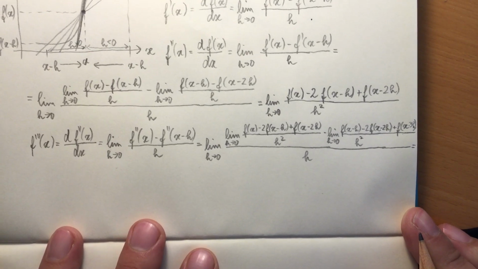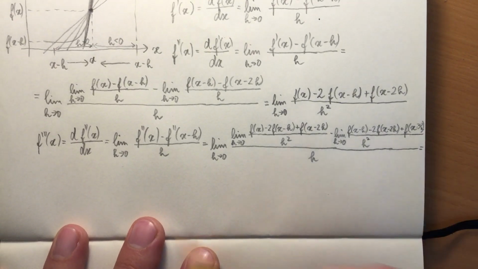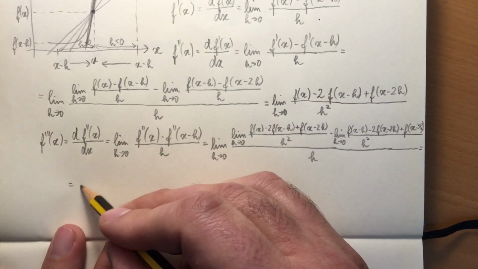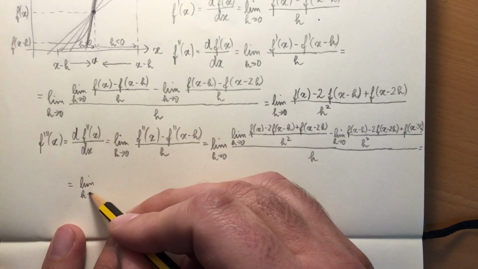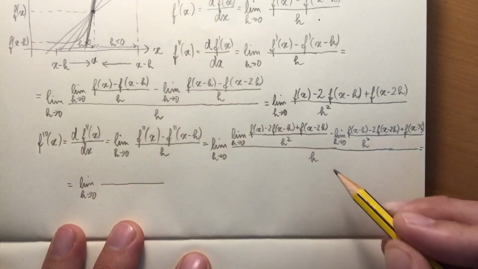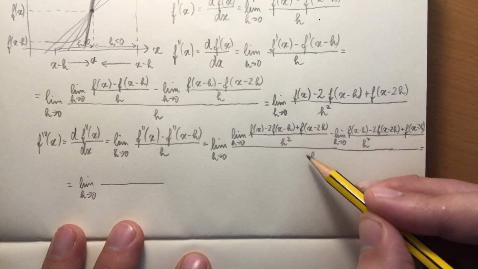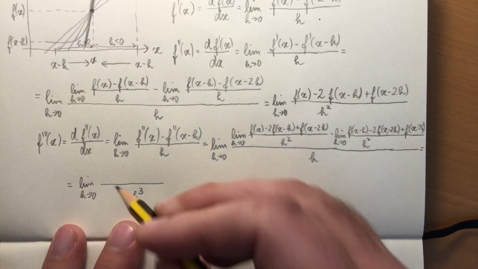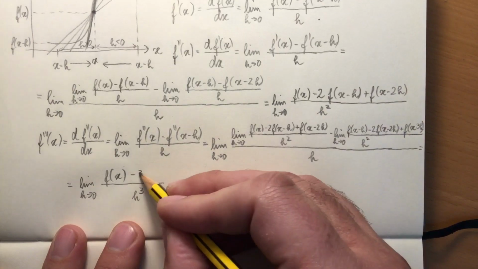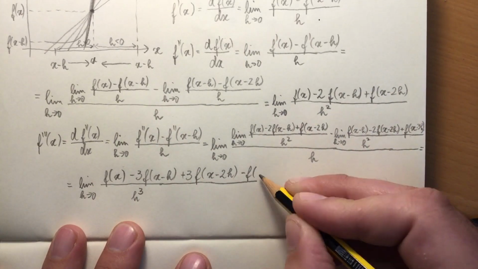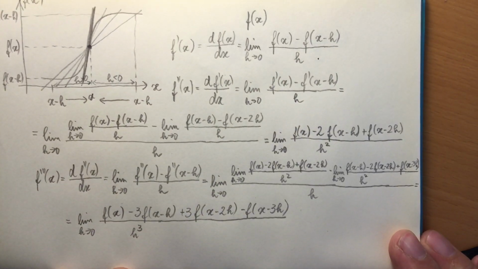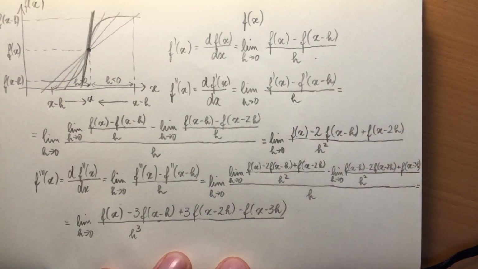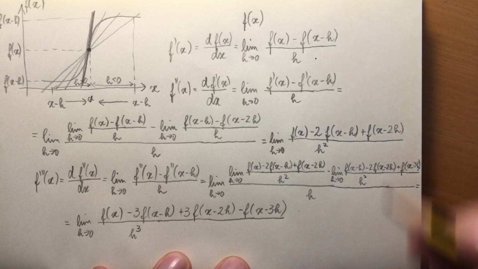Let us then simplify this just as we did for the second order derivative. We only need the limit once. The denominator will be h power 3, and the numerator stays as follows. We might proceed to the fourth order derivative and to the fifth, but these cases we have here suffice, especially